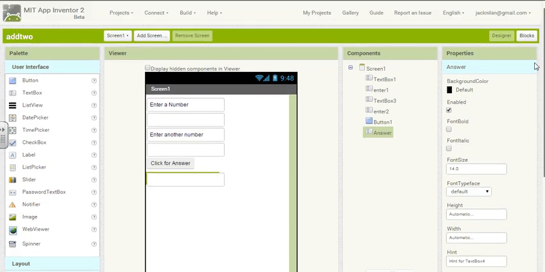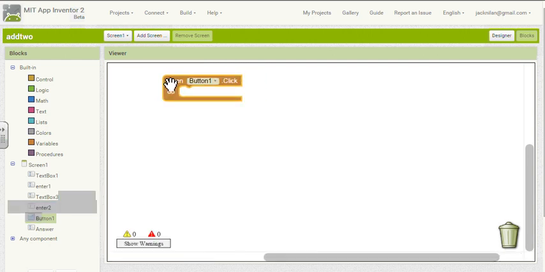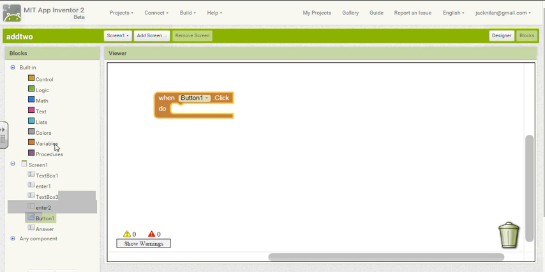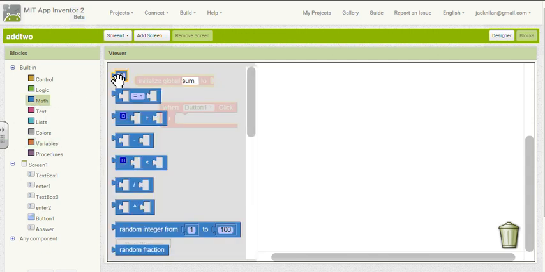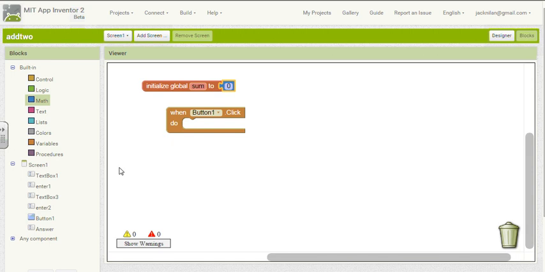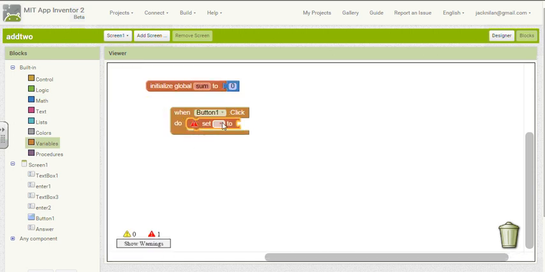We don't need any of the other objects with this one. So we'll go to our program, and then we're going to get our button. So we're going to say when the button is clicked, now we got to get our sum. Maybe it's a good time to try a little variable. So we could get a variable. Initialize a global variable. We'll call it sum. We'll set it to 0 to start off. All right. When the button's clicked, let's get our variable, set our sum variable to the value of in the